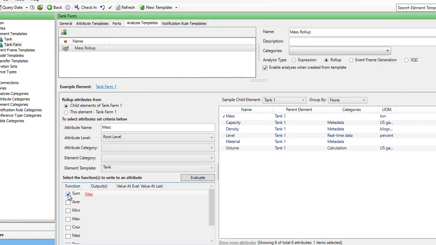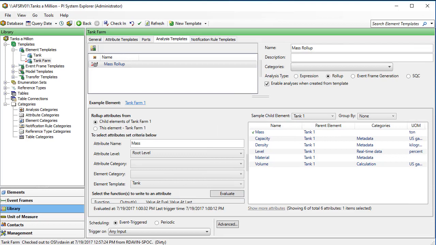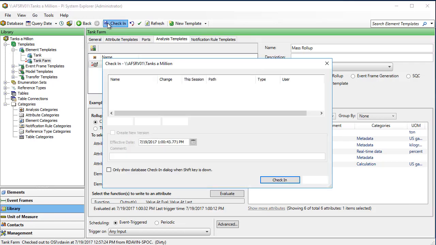We're going to want the sum function because we want to sum tank 1 mass, tank 2 mass, etc. We want to have that mapped to an attribute. So we're going to map it to the only one we've got, the mass. We can click evaluate if we'd like. Yeehaw. Bringing our screen back to normal, everything's a little squirrely, but we're going to go ahead and check in our changes.